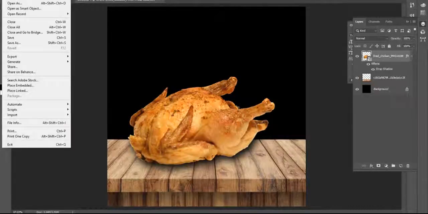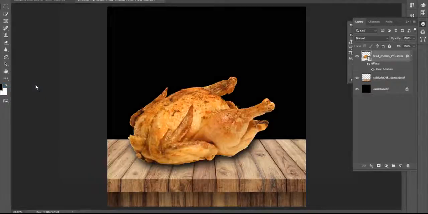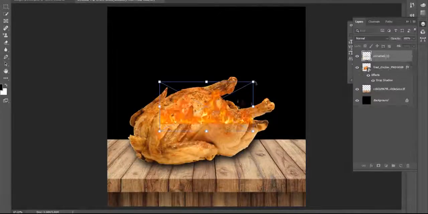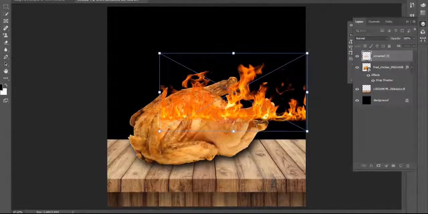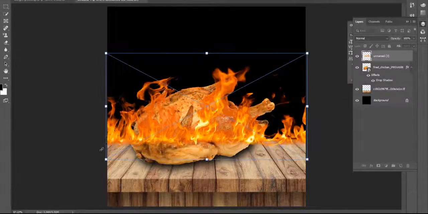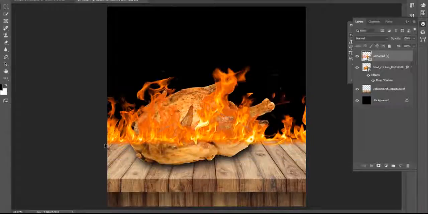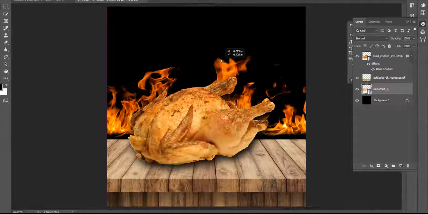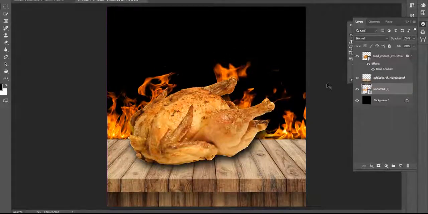So I need to go to file and place some other images, like I need a flame, this, fine, and I just resize the flame. So make sure you download high quality images. This is the key point, right? The flame is on top of my layers. I mean I have 4 layers and the flame is on top, but I need the flame to be on the background layer, right? So my flame is basically on my background layer. Look how it looks. Yes, it's cool,